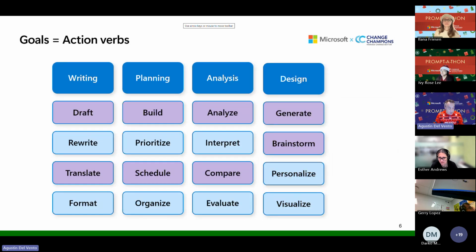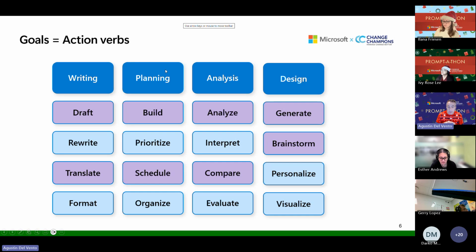I wanted to say one thing I like to do, and how I like to think about goals, just to finish off with goals, is in terms of action verbs. If there is an action verb that you can use, it's likely something Copilot can do. So I'll give you examples of things that I normally do. Writing could be drafting, redrafting messages. Even yesterday, I had a call with someone in Spanish, my native language, and I asked Copilot to translate essentially what we had discussed into English in Copilot chat for Teams. You can have Copilot do that for you.